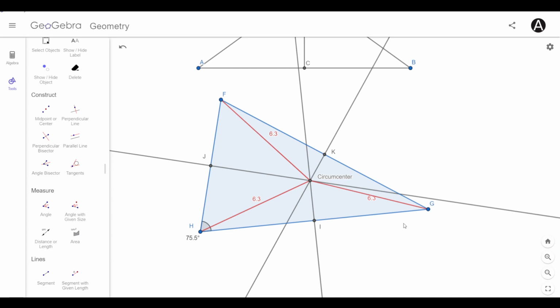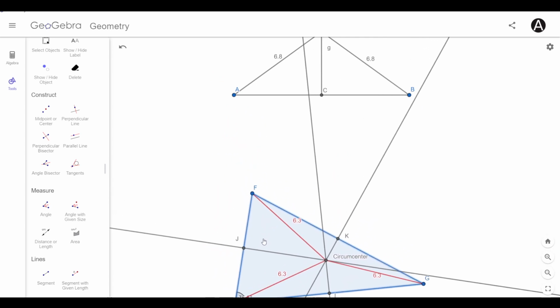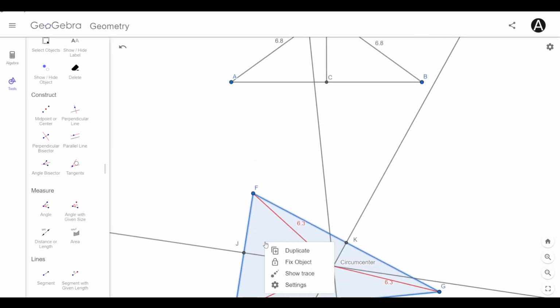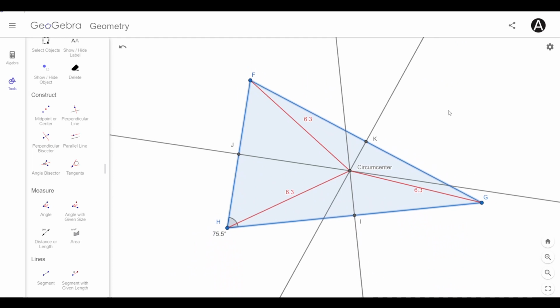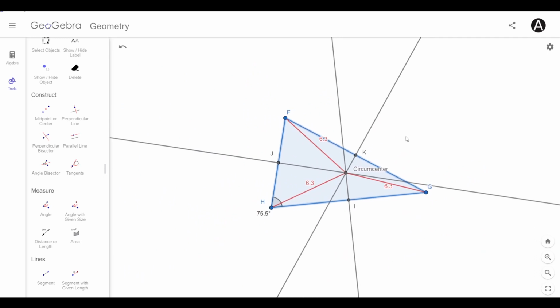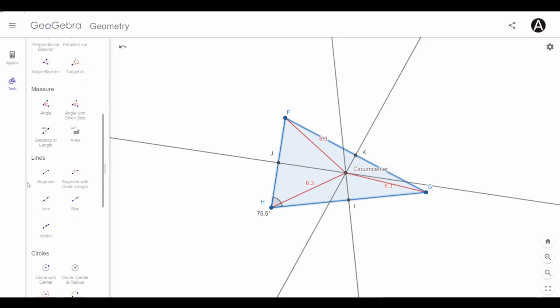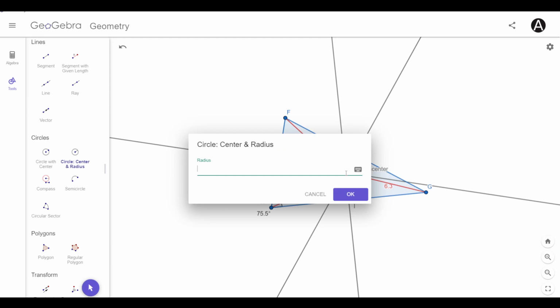All right. Remember I said we are going to do a little bit with circles? Let me move this down a little bit just so I don't have that other thing in the way. And let's make it just a little bit smaller so I can fit a circle in here. Now, check this out. I'm clicking this thing. It says circle with a center and a radius. So what I'm going to do is I'm going to click,